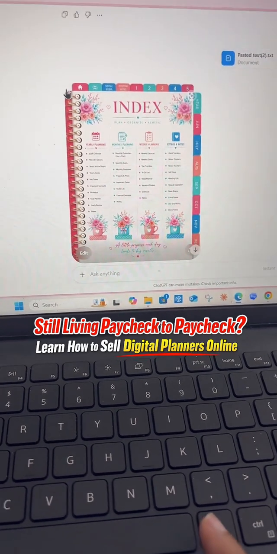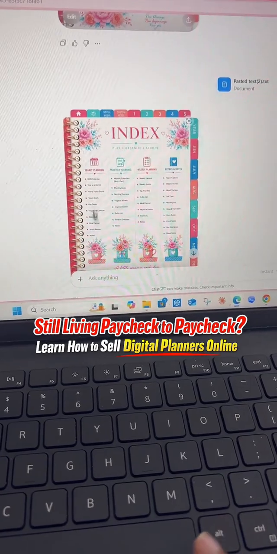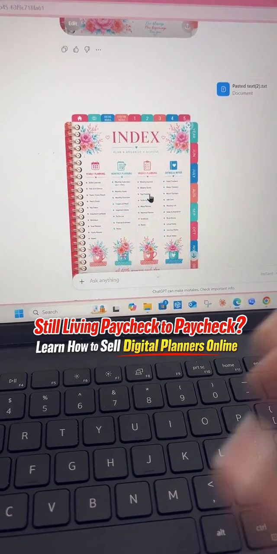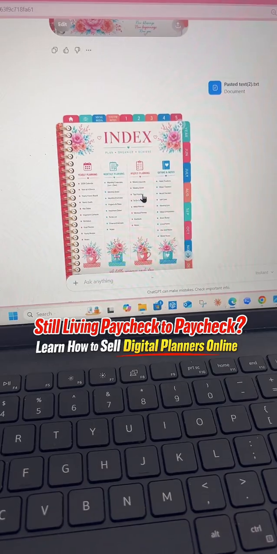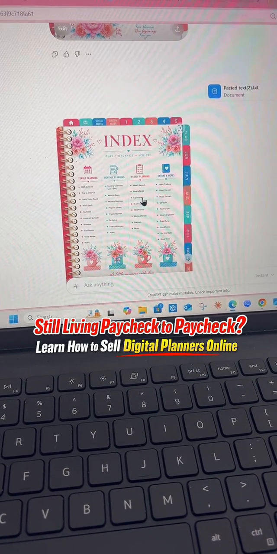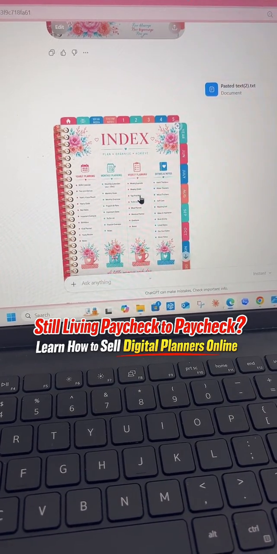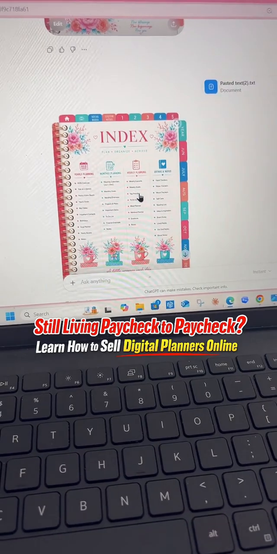I might also need to do an update. Let me double check and make sure it's not the update, because this is a new update that I added. So it could be a bug or anything. For the index, it's a new update that I added. So it could be a bug or anything, because I literally just added this like yesterday. So it could be a bug with the index as well, with the prompt, because you got to make sure